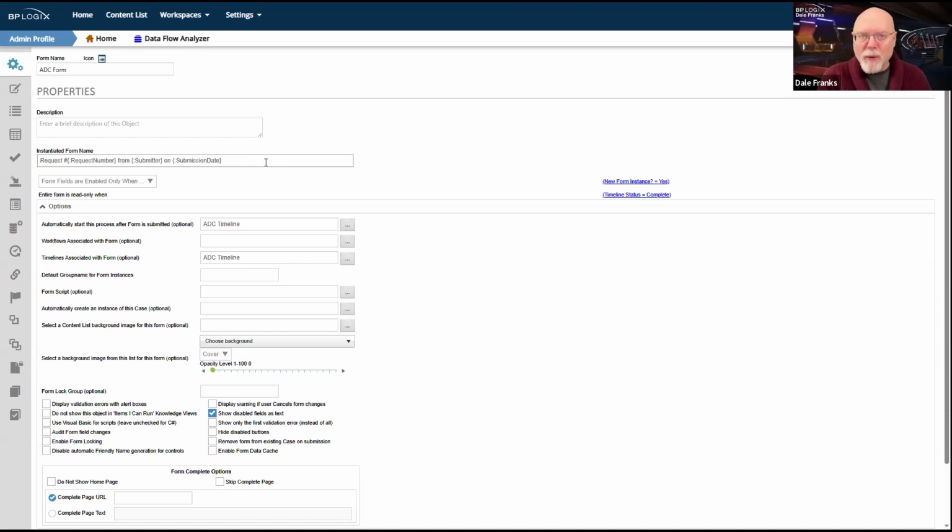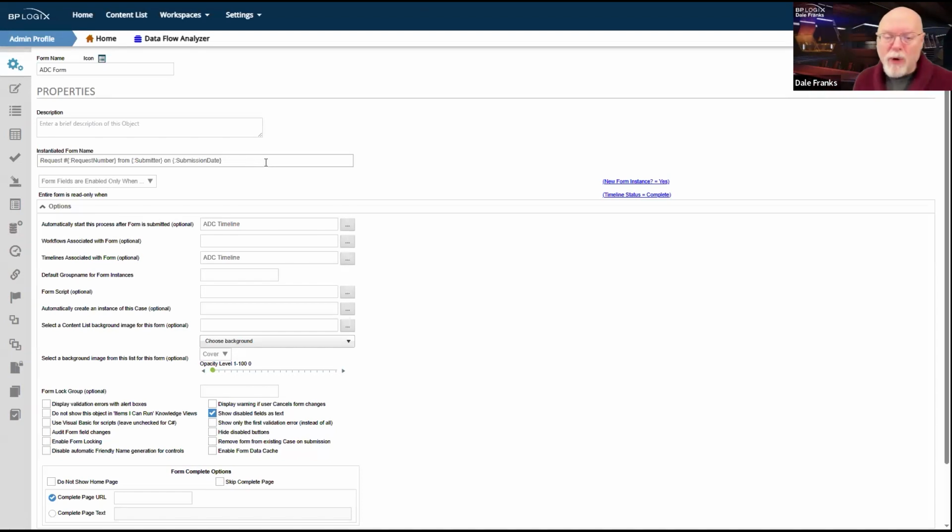Based on the type of request, it's going to change the way our form looks, the way our process works, and ultimately the way our form works too. I'm probably going to want to add some other information here, certainly the type of request, but for now we are good.